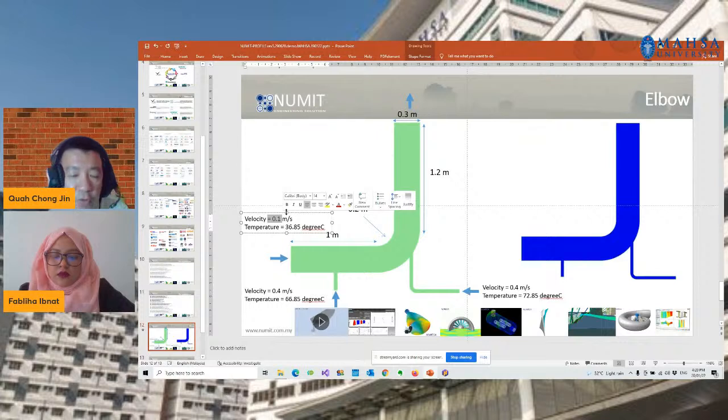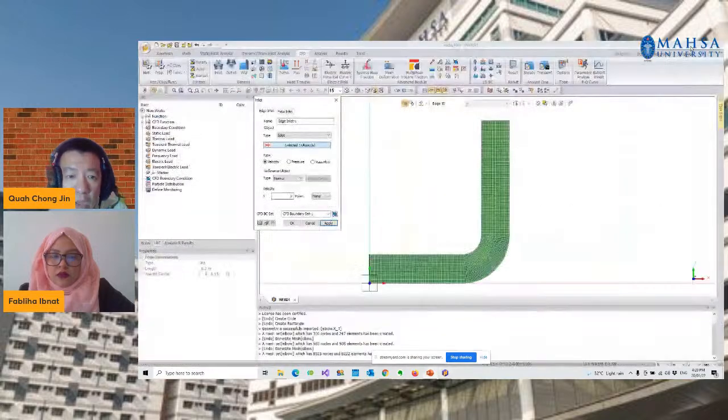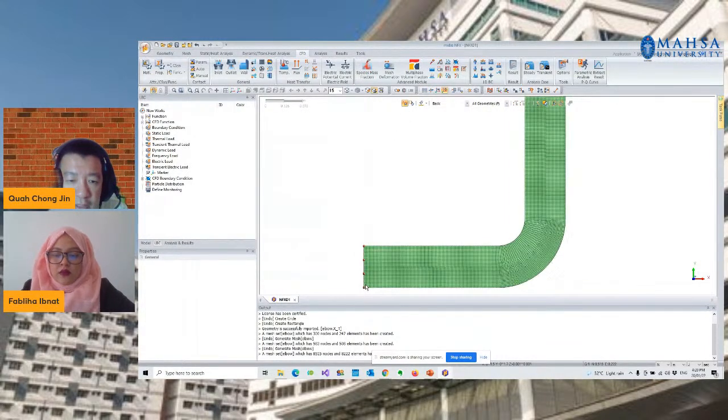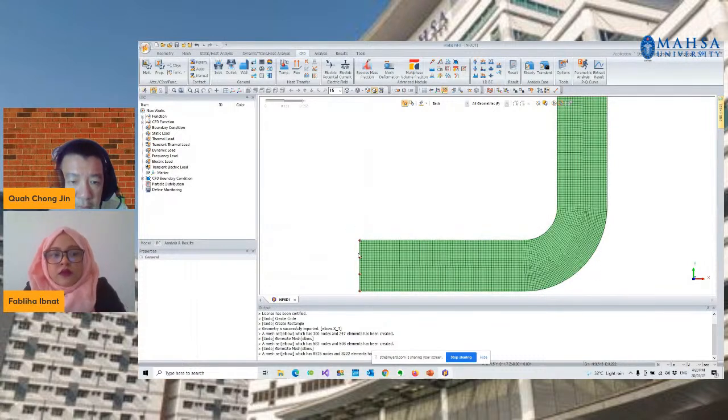So I don't want to use my calculator to recalculate from meter per second to millimeter per second. I will just use the value of 0.1 and okay. You will see a representation of the inlet by the sphere over here, and the information is kept in the 3 bar.